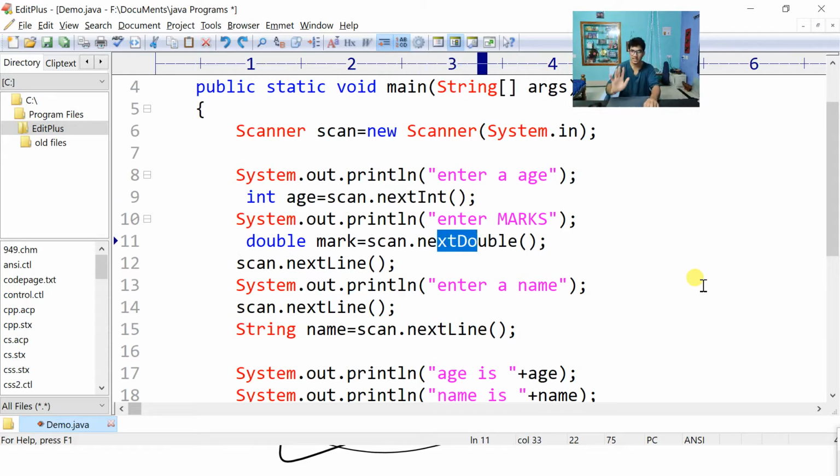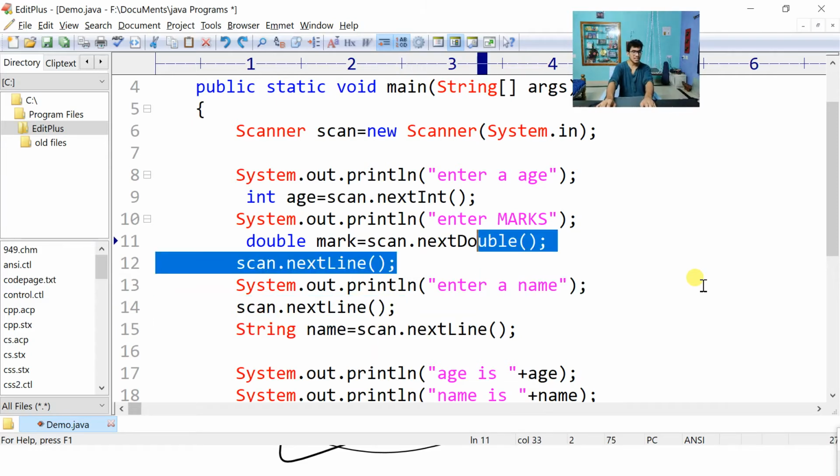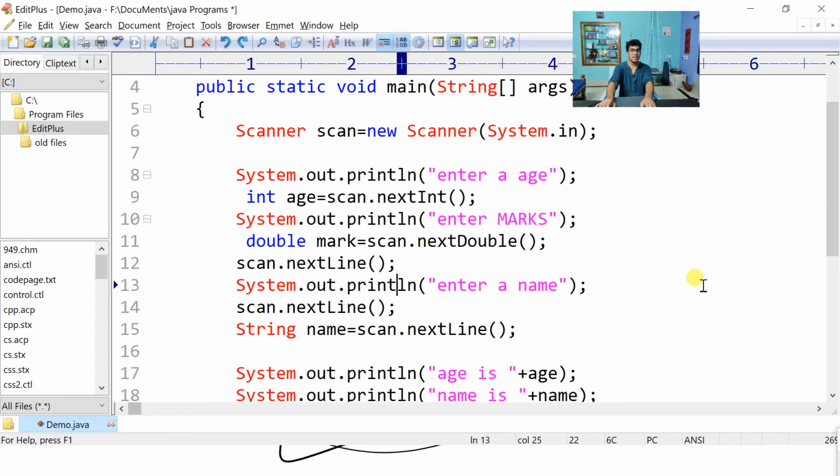If that is the case, you first have to think, am I using nextLine in my program? If you are not using it, no problem. But if you are, then you have to see one more thing: before the nextLine method, is there a method other than nextLine? Yes, nextDouble, and nextInt. If that is the case,